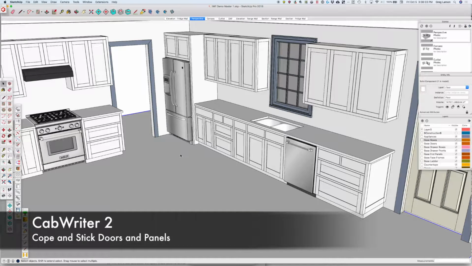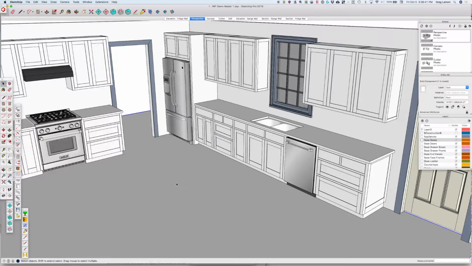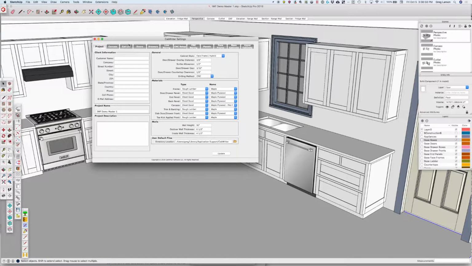I'd like to explore another new feature in CabWriter 2.0, and that's the ability to use different door and drawer front styles than we've had in CabWriter 1.0. CabWriter 1.0 pretty much just supported what you see here, plain frame and panel or a slab front. Now we're able to, if we go under our door tab,